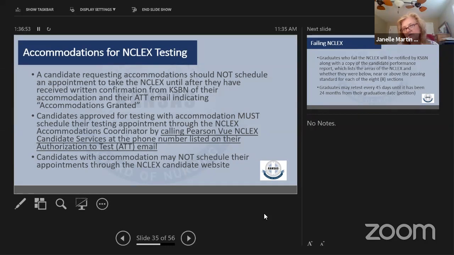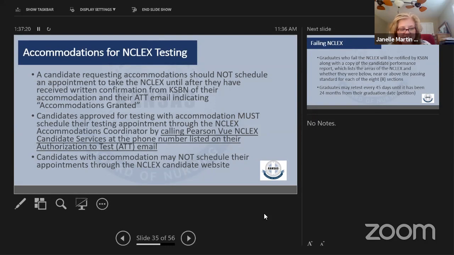But yes, certain accommodations could restrict their license, depending on what that accommodation is for and what kind of potential disability may impact safety and patient care. That's where that could have an impact, if that makes sense. I don't know that I have any more clarification than that, so it is a question I can follow up with.